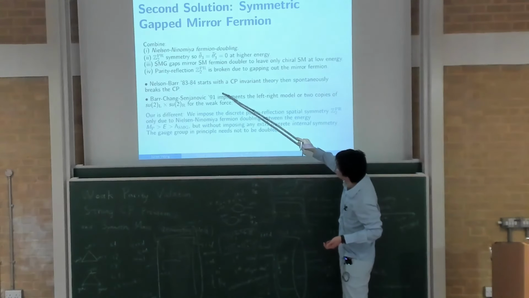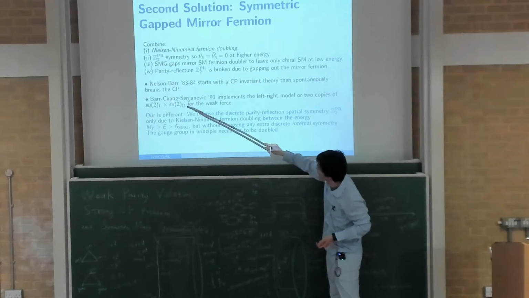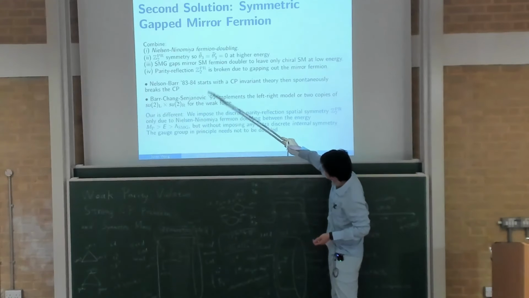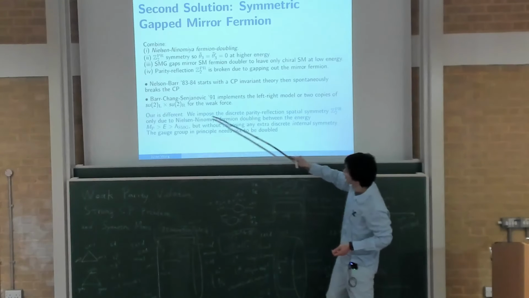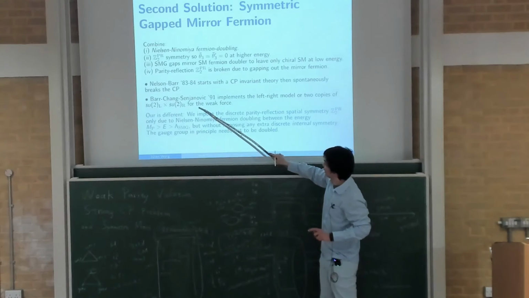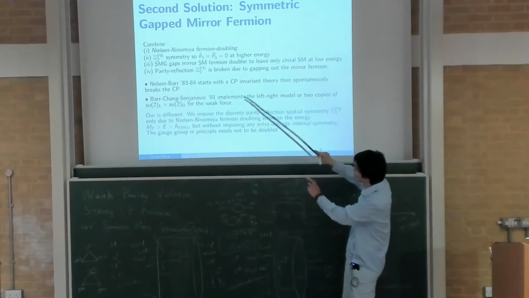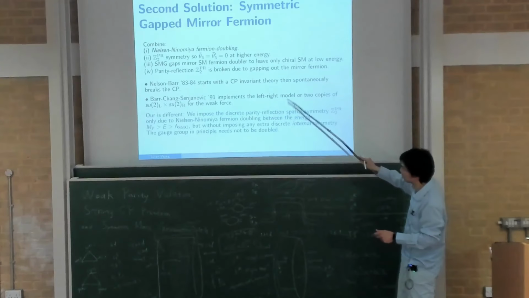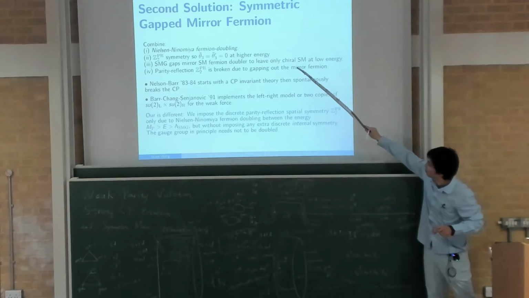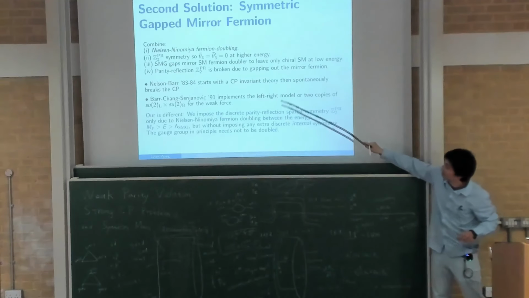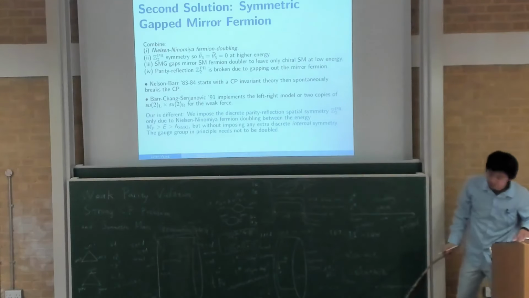But actually previously people discussed parity-like solutions with Nelson, Barr, Babu, Mohapatra, and others. This one has some analogy to what we discussed, but the difference is that they may either need to double the gauge field, or they did not consider the symmetric mass generation interaction. So basically everything is in a Higgs setting. So this is a major difference. But there's some analogy for that solution. In some sense, you can think what I talk about is an SMG variant or modification of the previous old models.